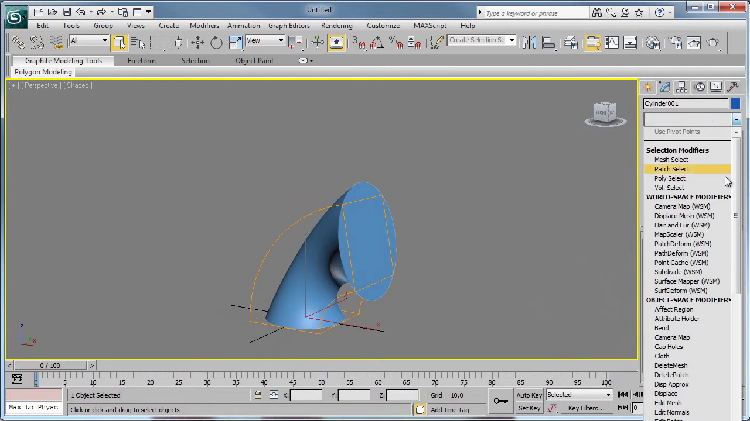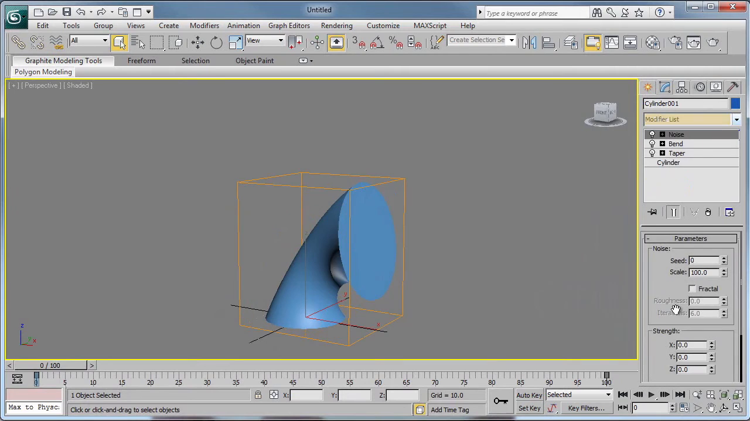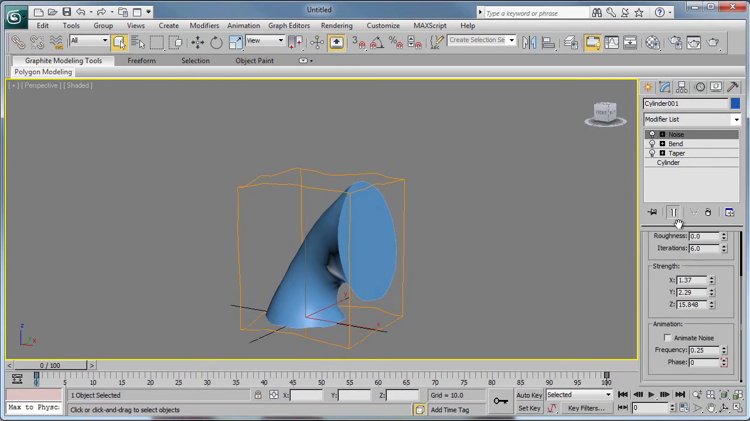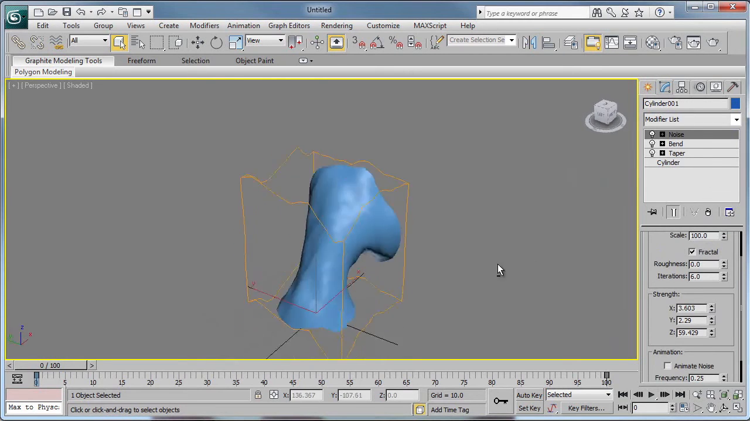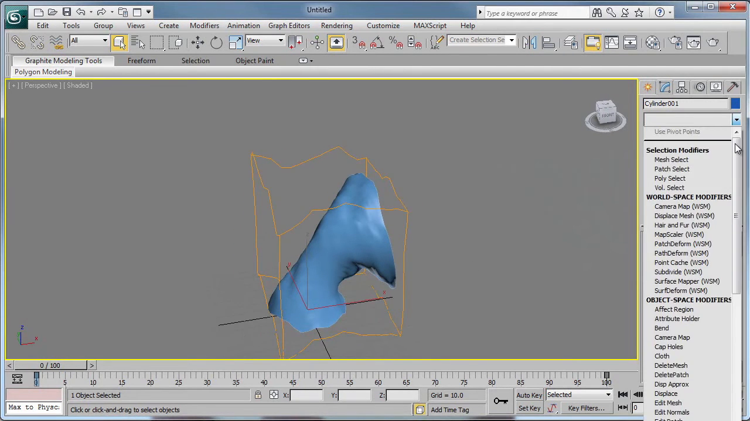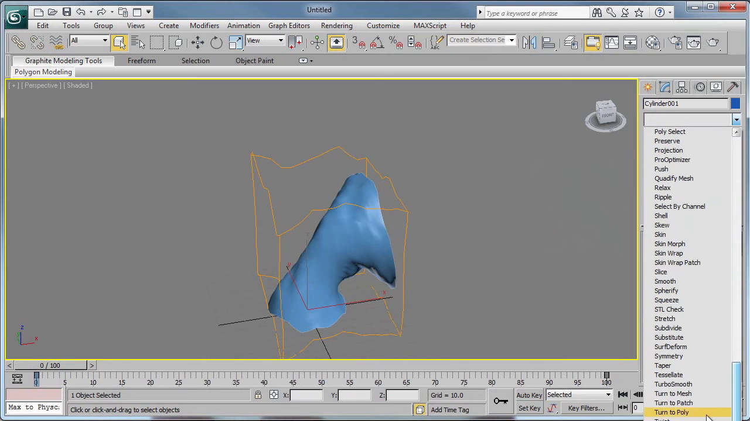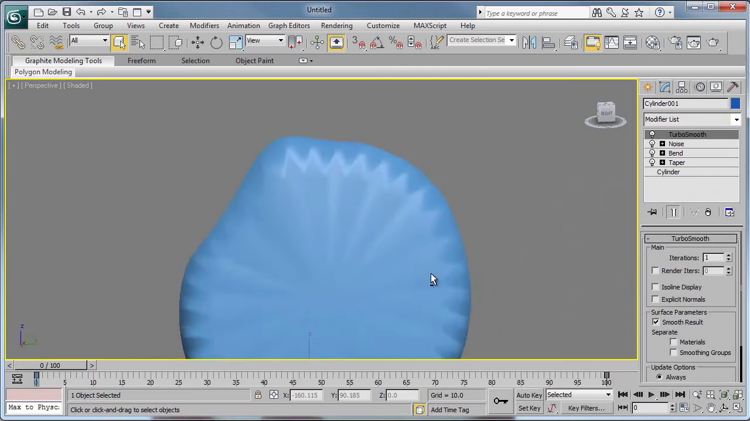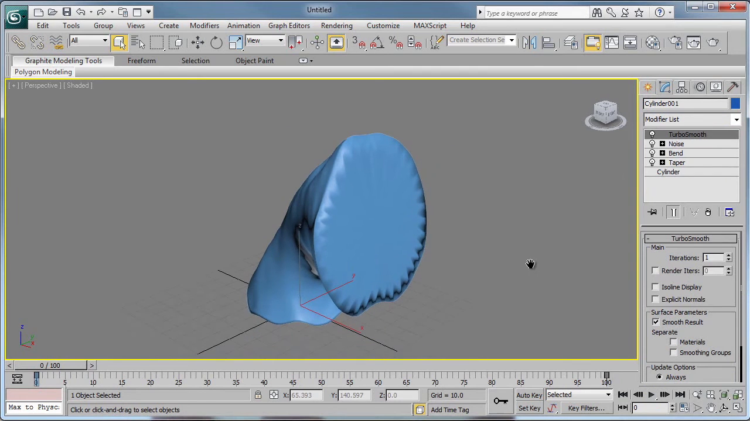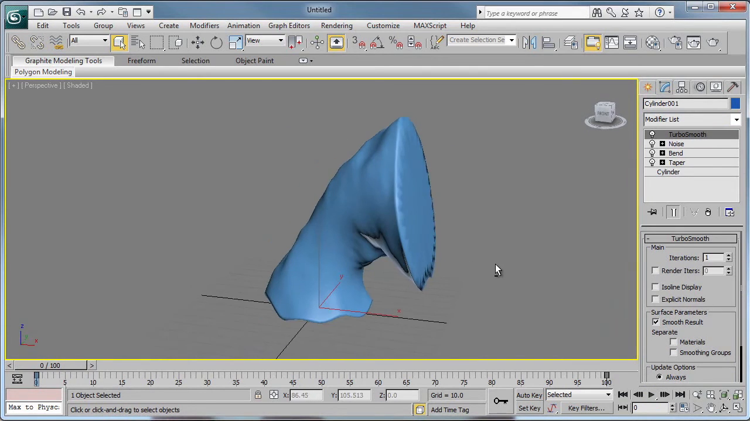I can further apply another modifier, like a noise if I wanted to. And the noise, you'll really have to crank it up to see some effect. And you can see right there, I'm seeing some effect of the noise. And further, I can apply also a turbo smooth modifier to smooth everything. So there you go. So that's a nice little approach right there in Max, how you can make a simple